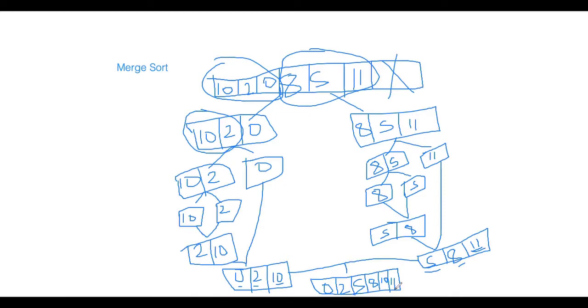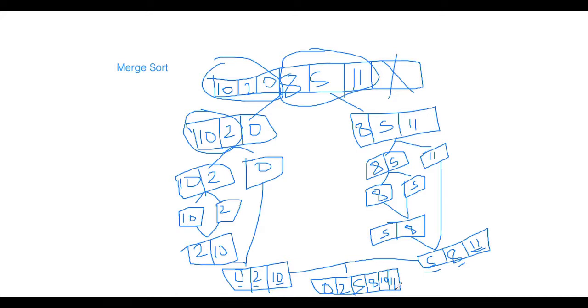Right? So what we are doing here? We are not sorting the whole array. We are not even thinking about the whole array. We are dividing the array into the smallest parts, right? And then we are merging, and while merging, we are doing the sorting. Actually, we're not even doing the sorting, we are merging in a sorted way. So you are getting the difference.